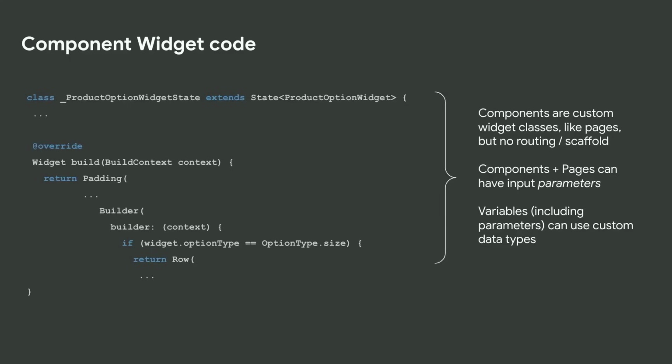OK, so that's what it looked like in FlutterFlow. Now hopping over to the generated code, we can see that these components are also just widgets, right? Everything is a widget. And these are more granular things like the button we just showed. So we don't need a scaffold, and we won't set up routing for you. Instead, this just is a stateful widget.